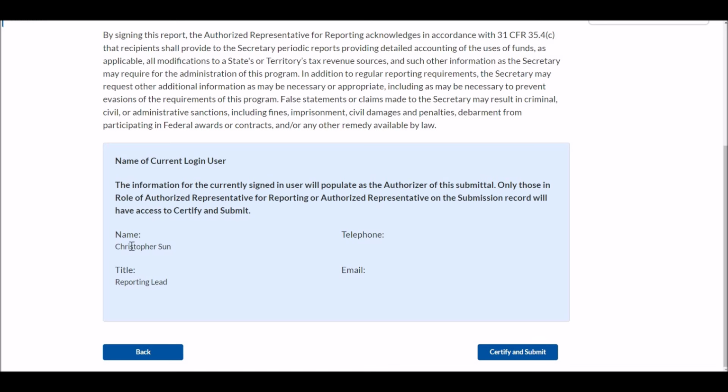At the bottom, you'll see information on your current user, along with your title, designating you as an authorized representative for reporting. If you are the authorized representative for reporting, again, one of the three roles that are available in the portal, you're going to be able to click the bottom right button to certify and submit. So let's go ahead and do that.